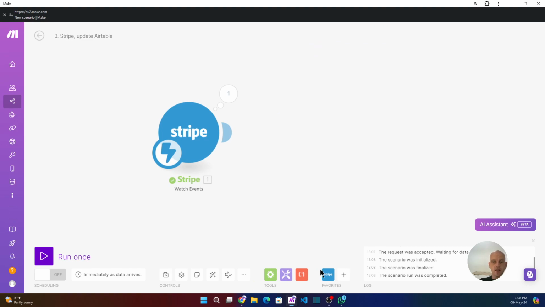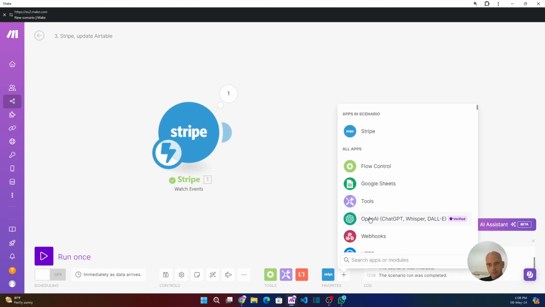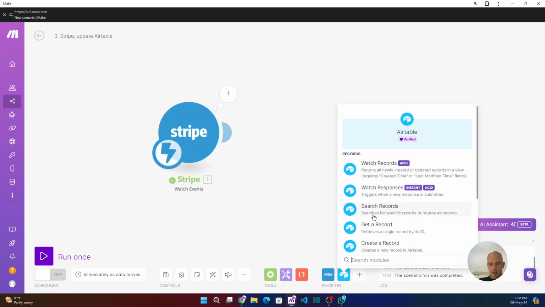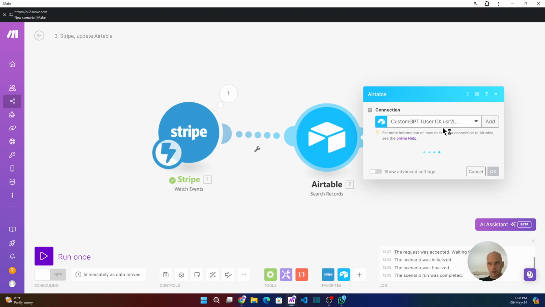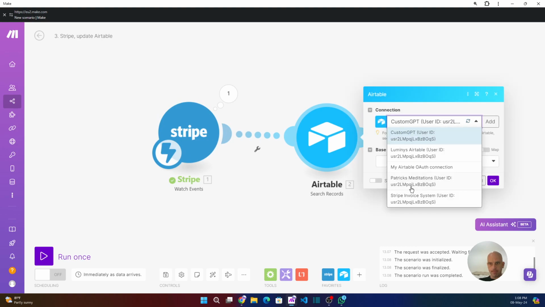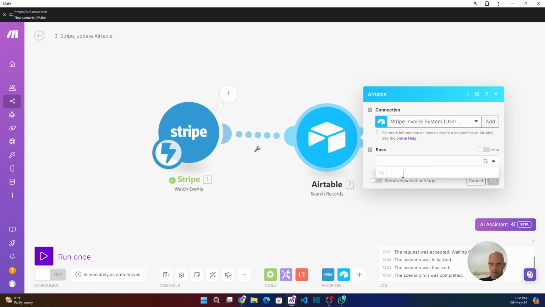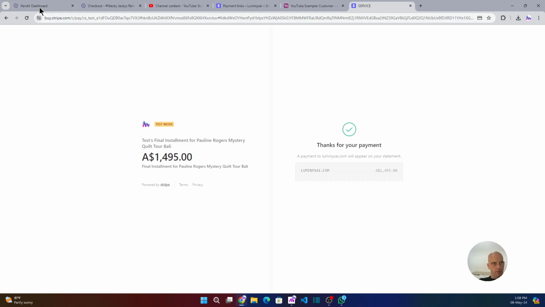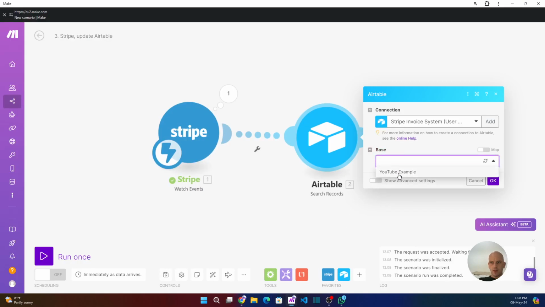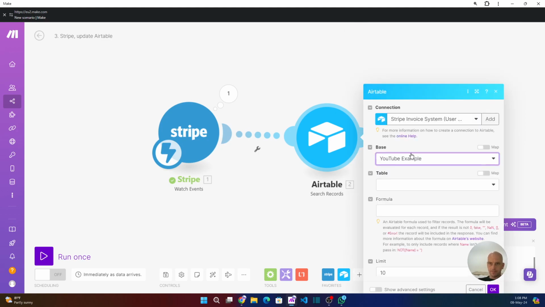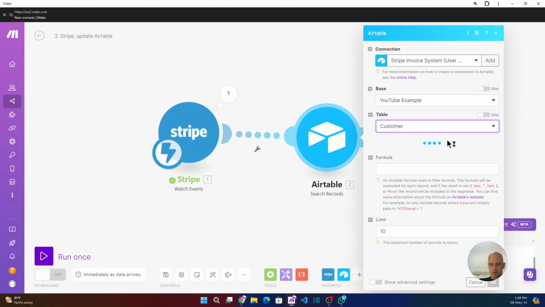So let's update my Airtable as payment received. So we need to get a record or search for a record, because there's no Airtable records in the Stripe module. So we will look for Stripe invoicing system, which is the name of my Airtable. I've already granted the permissions. YouTube example. The table is customers,